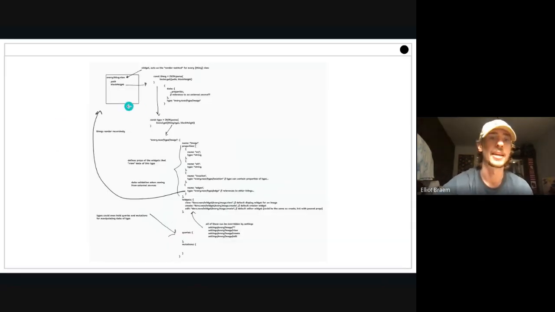So this is how a thing and a type works. Things have their own path and block height. And so we have set up this widget called every.thing view, which takes in this path and block height of the thing. It acts as the render method for it. That path will be used to get the data from the social contract. We'll get this JSON back, and in this JSON, we'll see the type that it follows. We'll get more information about the type.